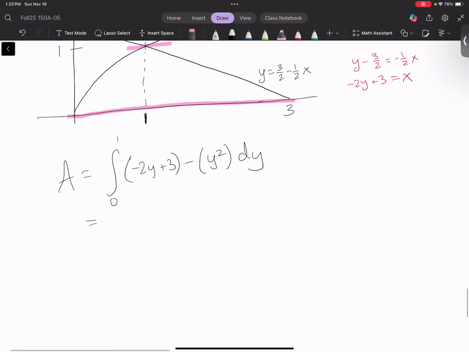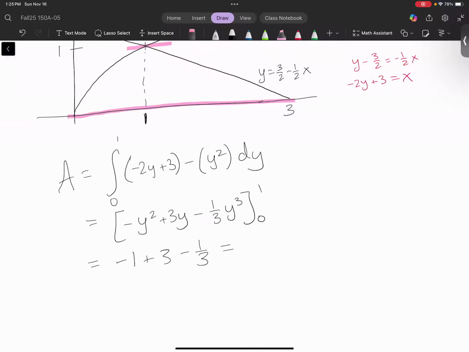Okay. Again, now it's one integral. And there's actually no square roots anymore. So this is actually way easier. So antiderivative, this will be negative y squared plus 3y minus a third y cubed, 0 to 1. Again, the 0 bound doesn't do anything. That's all 0. Plug in 1, we get negative 1 plus 3 minus a third,